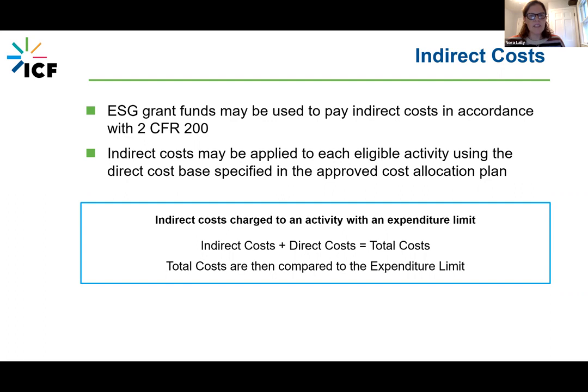2 CFR 200 spells out the differences between indirect costs that have a cost allocation plan approved by a cognizant agency, or indirect costs that are used under a different standard, which is the 10% de minimis standard. I will say indirect costs are quite weedy and complex. This is a great area to tap your accounting staff, your treasurer, your auditor to really dig into these requirements, and make sure that your approach to using and keeping records for indirect costs is in line with what's spelled out in 2 CFR 200.